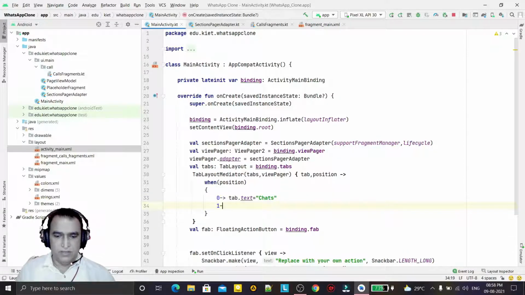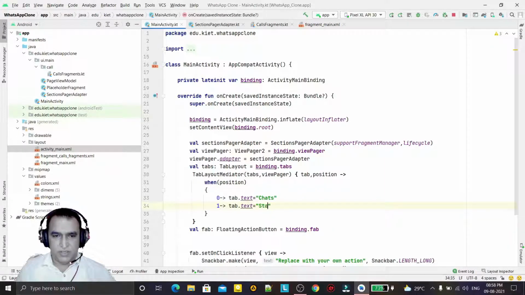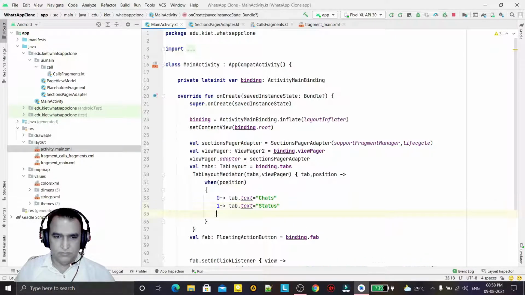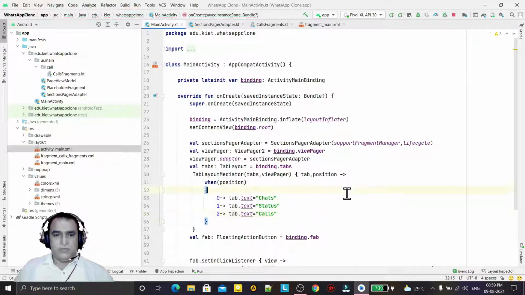If it is 1, then tab text should be Status. If it is 2, then tab.text equals Calls, like this way.